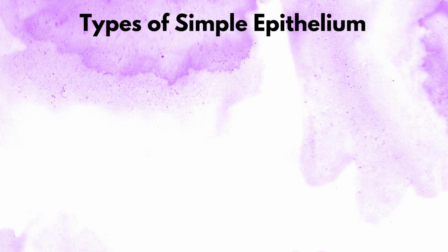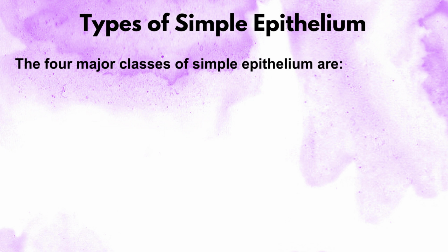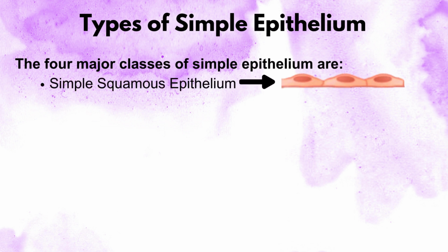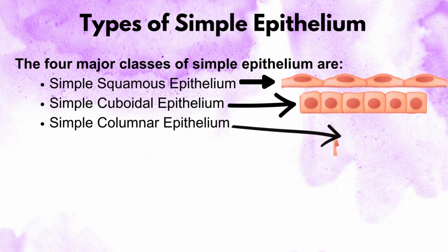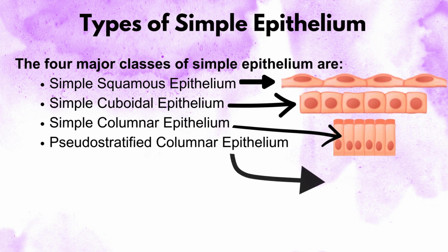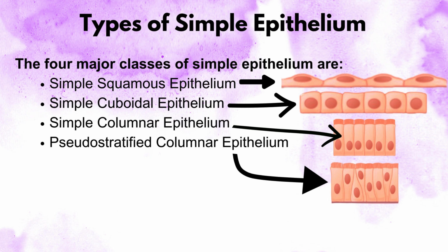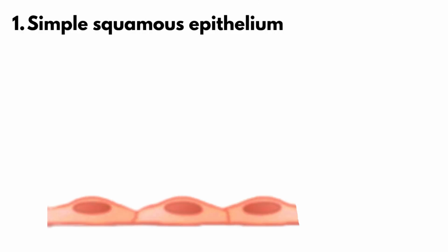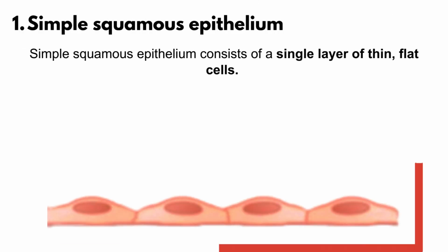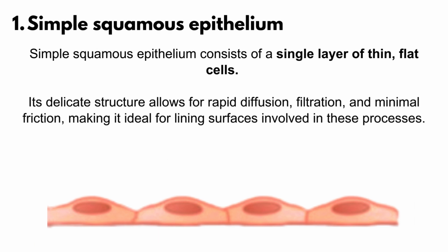Types of simple epithelium. The four main types of simple epithelium are: simple squamous epithelium, simple cuboidal epithelium, simple columnar epithelium, pseudostratified columnar epithelium. Let's explore each type in detail. Simple squamous epithelium. Simple squamous epithelium consists of a single layer of thin, flat cells. Its delicate structure allows for rapid diffusion, filtration, and minimal friction, making it ideal for lining surfaces involved in these